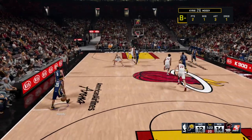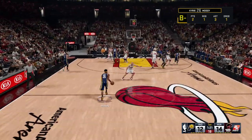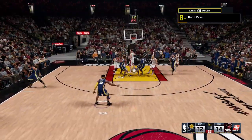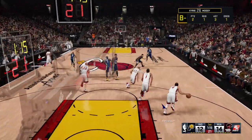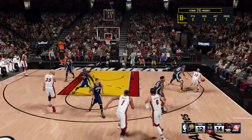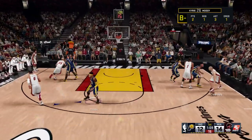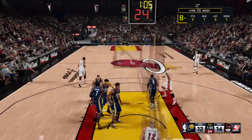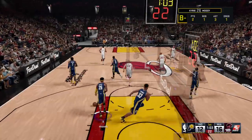Indiana trailing here. To the left side wing. And here's Miles outside. Chris Bosh with the rebound. Miami's gone 2 of 3 from deep so far in this game. Bosh, a screen on Turner. Calathis gets the bucket. You know, huge height